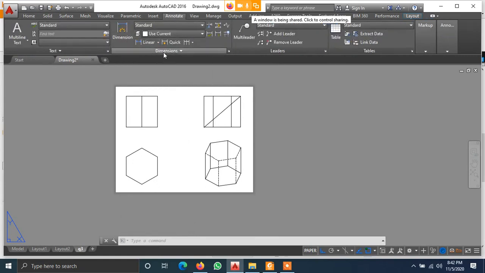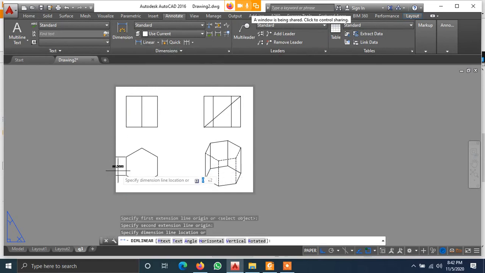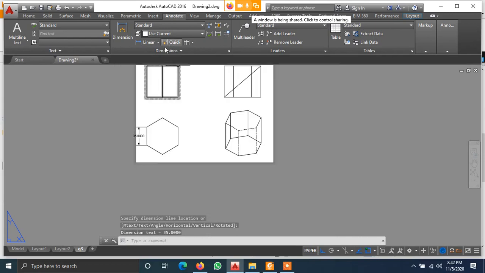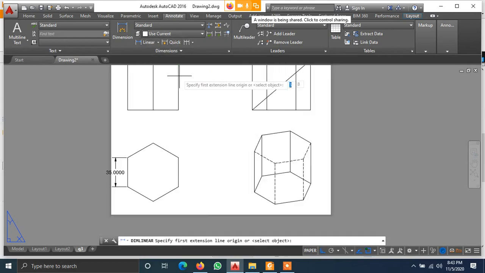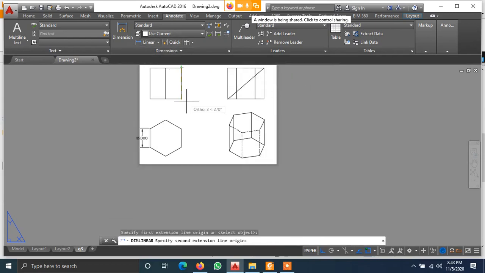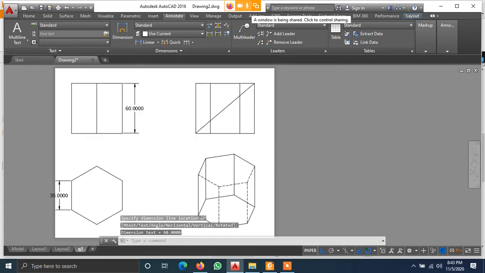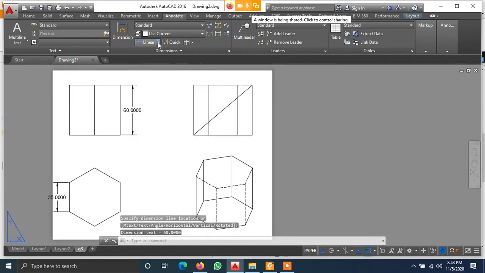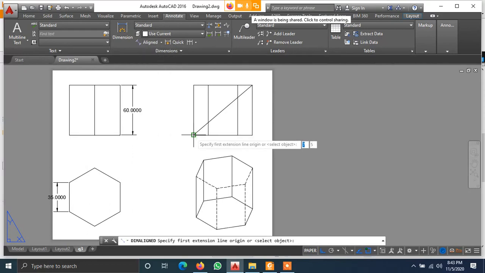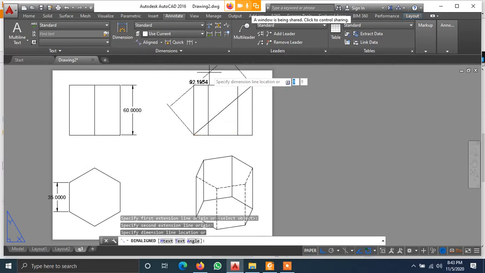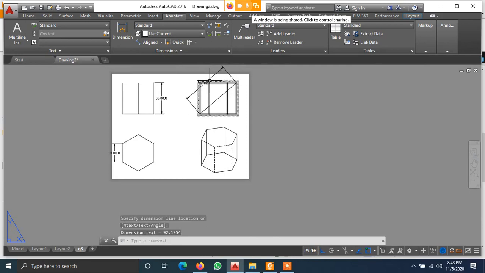Use linear. One side would be sufficient for the side length, which is 35. Then again the height is 60. Use aligned dimension for finding out what is the length of the thing. 92 point something you got.